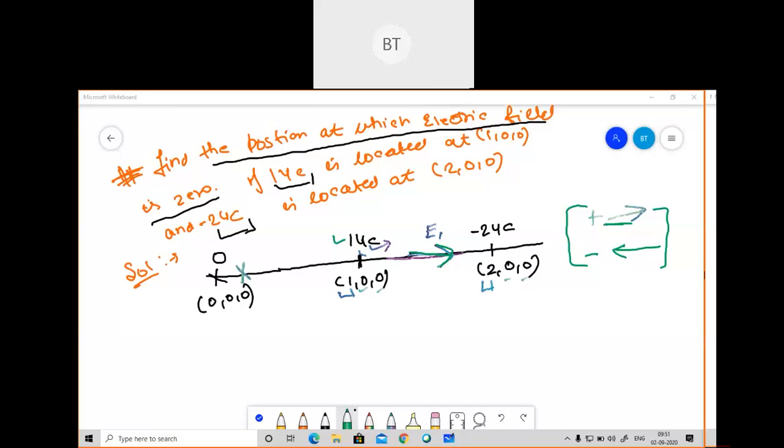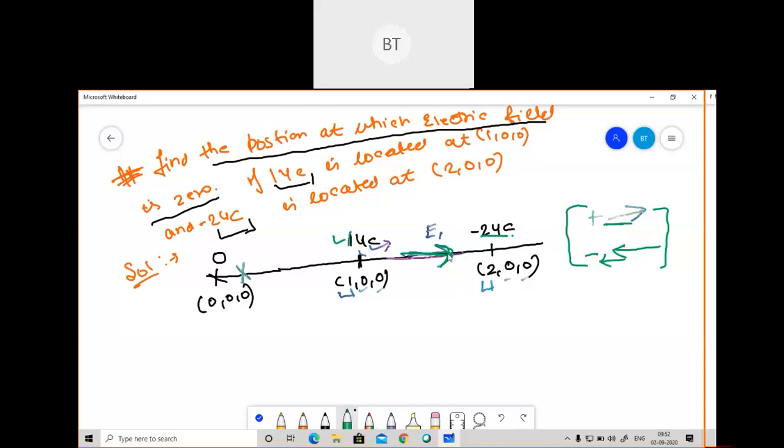So see here, if anybody wanted to suggest, they can suggest in between. Not a problem. So see, I've told you that because of this plus, that will go away from. So I'll mark this even as that. And if you see, because of -2, this will come towards that.